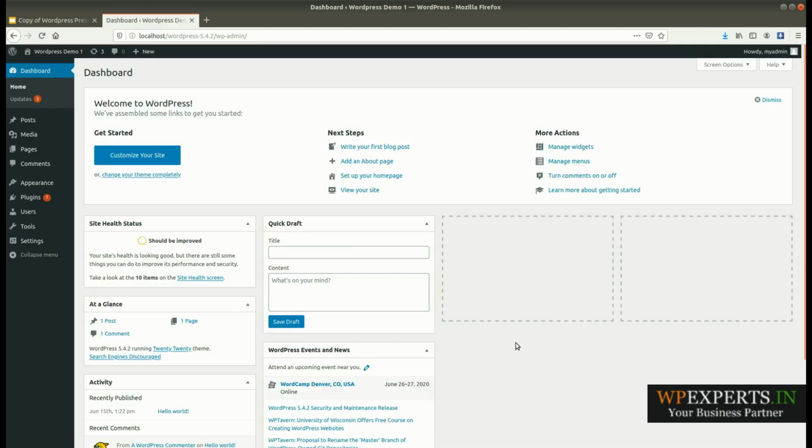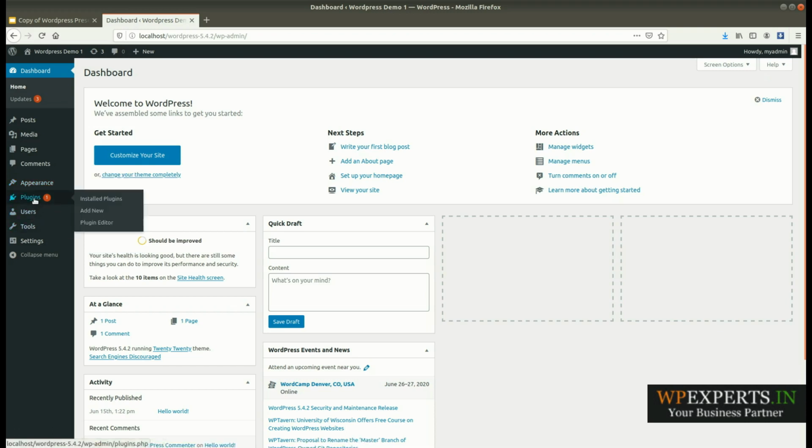This is the WordPress admin panel I showed you in my last video as well. Here you can see the settings of WordPress. By default WordPress provides posts, media, pages, comments, and appearance. Under appearance you can see themes, customization, widgets, menus, background, and theme editor.